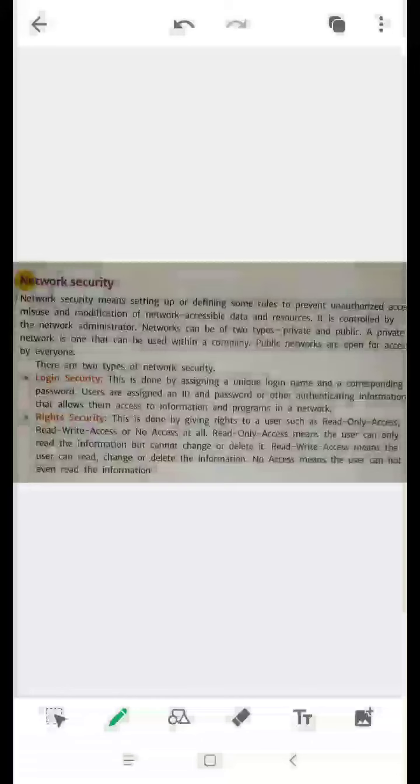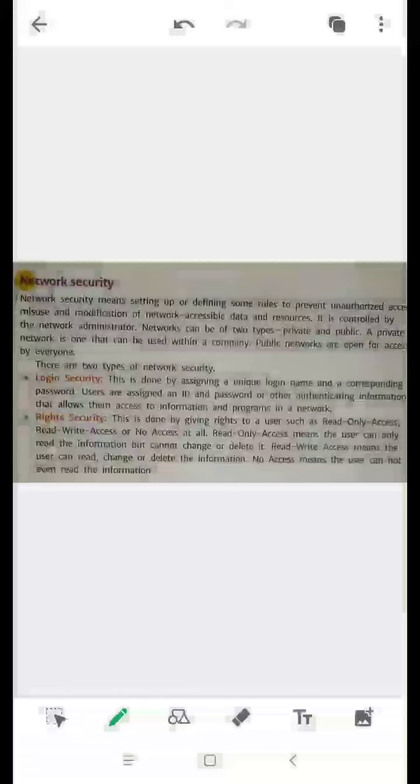Next is write security. Write security can also be done without assigning a login security. A computer may not have login security, but you can give the write security for particular files. Suppose I have a Word document which is most important. I can protect it with a password, or if it should be viewed by somebody also, in that case, I can give access as read only access.